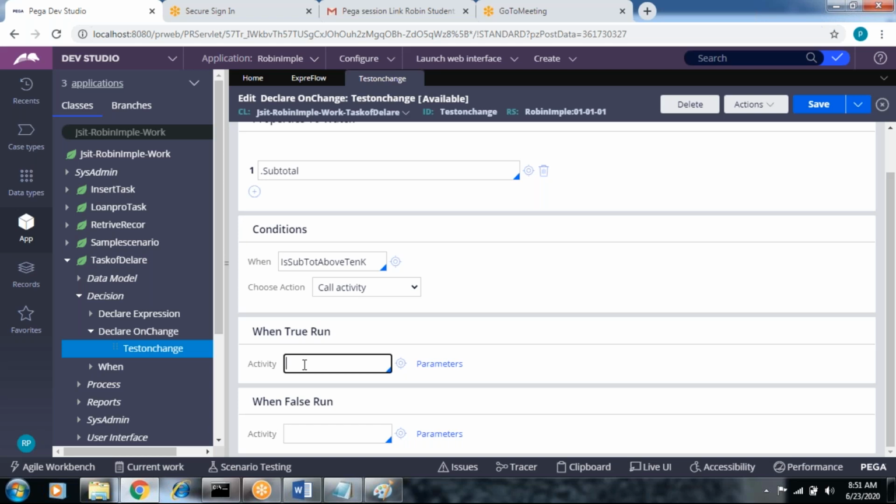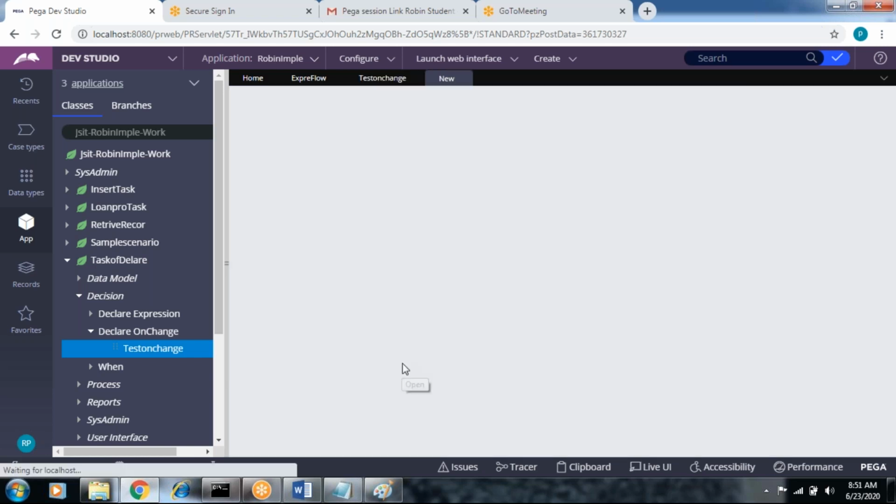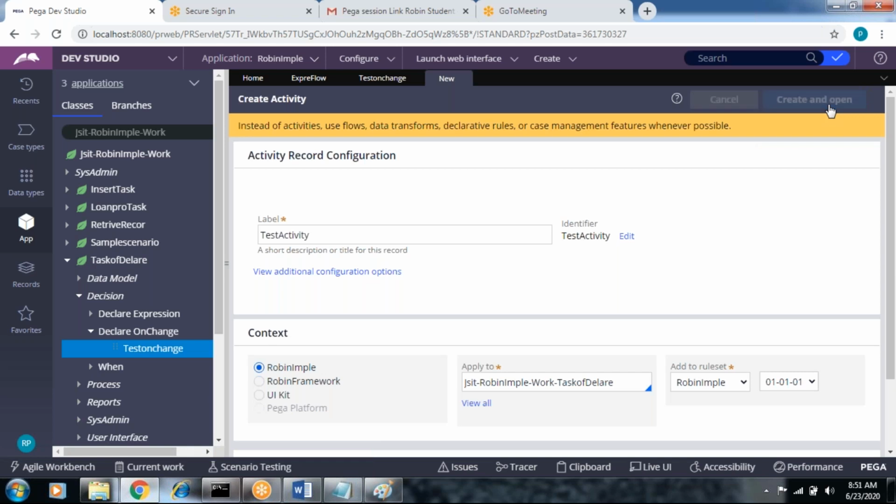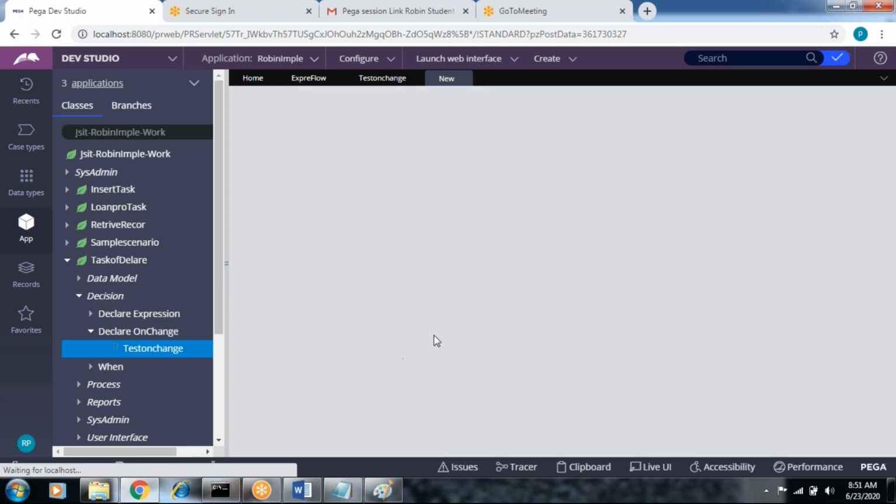What is the activity? So create the activities. First, the on change activity. Apply it, then create and open this activity.